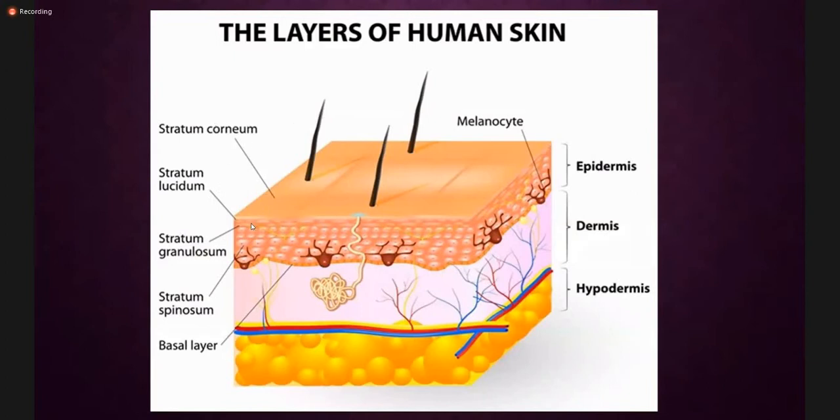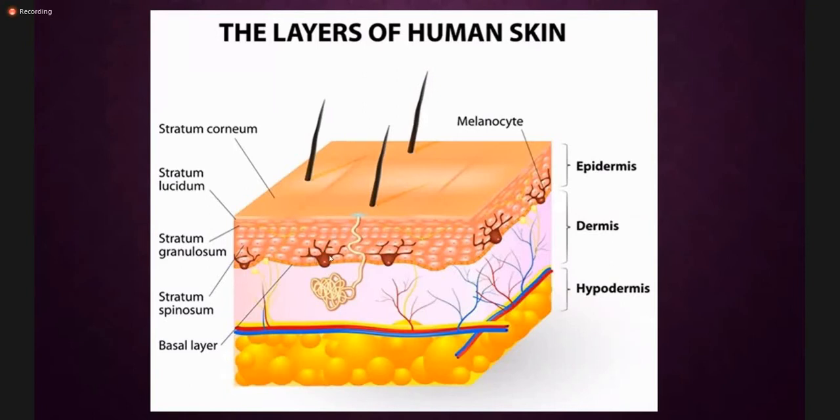So you can see this is the epidermis. The topmost layer is the stratum corneum. Then comes stratum lucidum, granulosum, then spinosum, and the basal layer. The cells forming the epithelium are called the squamous cells, which are also known as the keratinocytes. As they mature, they migrate from the basal to the superficial layers of the epidermis.